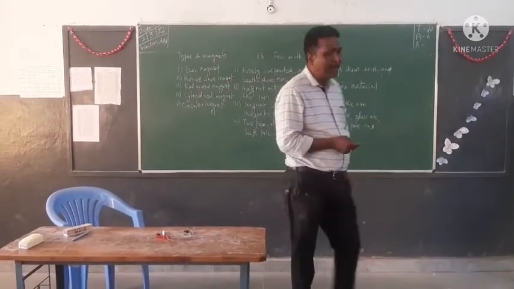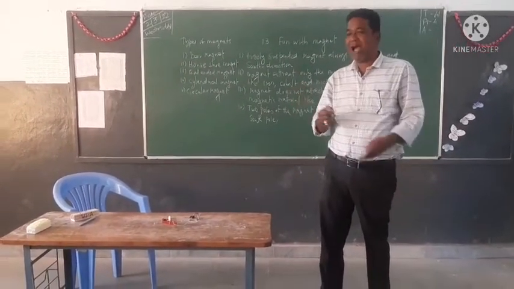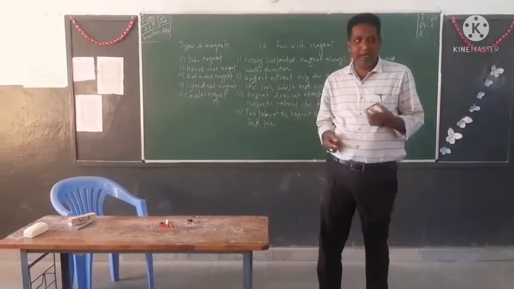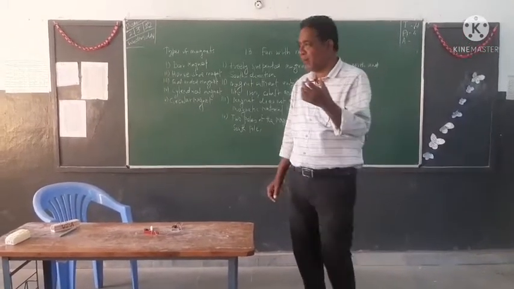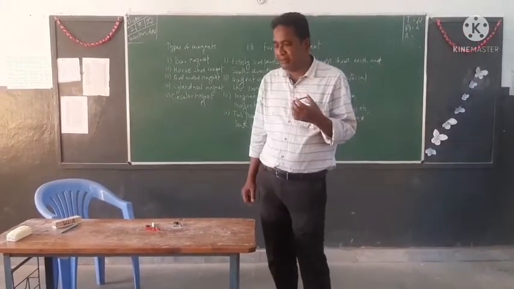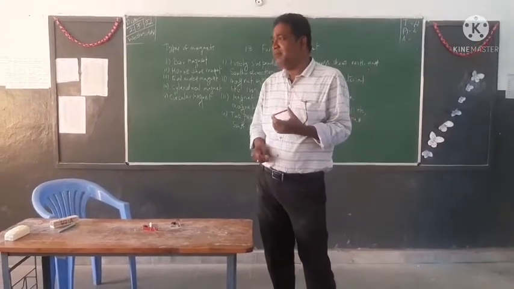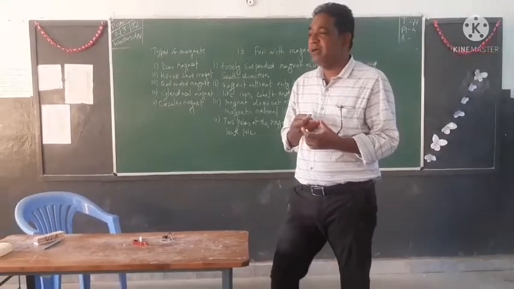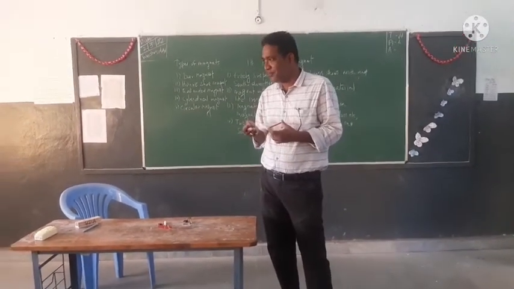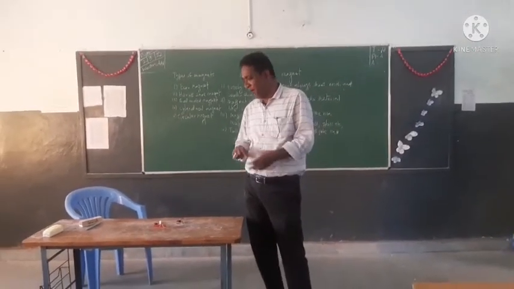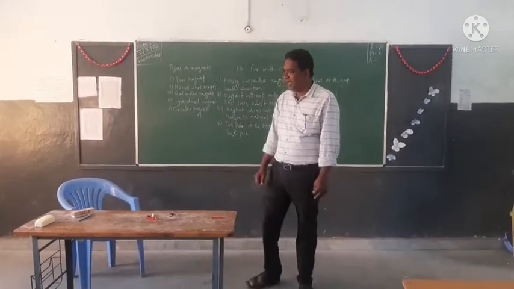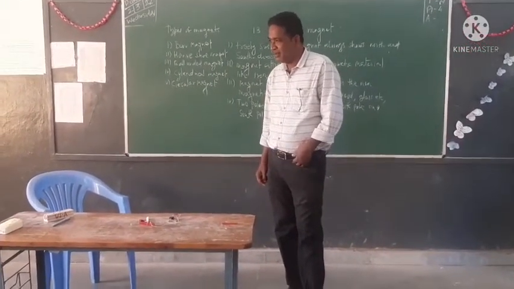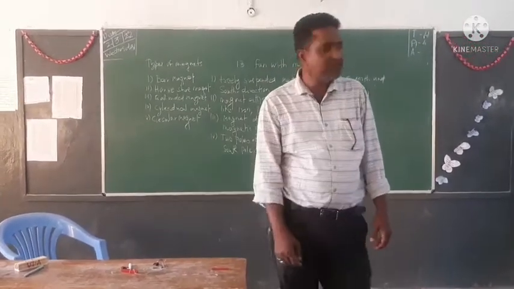No, the magnetic compass has a magnetic needle, which is pivoted in the inner part of the compass, covered with a glass lid. It has a case made from metal or plastic, and inside that case there is one magnetic needle which is pivoted in the middle, and it is covered with a glass lid. Okay. If you put this magnetic compass on a plane surface, the magnetic needle always shows the direction of north and south. Okay.